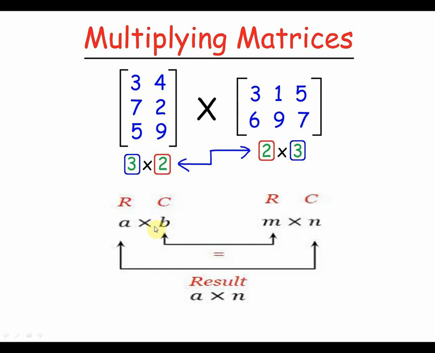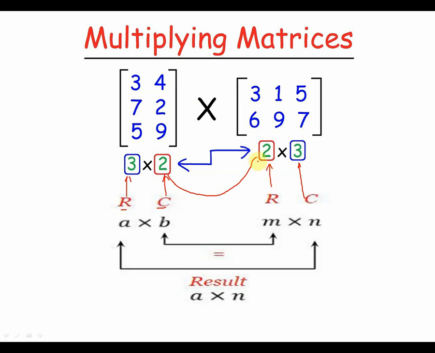So, as you see over here, R is the number of rows and C is the number of columns. So this is number of columns, this is number of rows in the first matrix. The second matrix, this is the number of rows and this is the number of columns. Now what we have to check for is, are these two things same or equal? If they are equal, then only you can perform matrix multiplication. If they are not equal, you cannot go ahead with matrix multiplication. So that is a prerequisite for matrix multiplication.